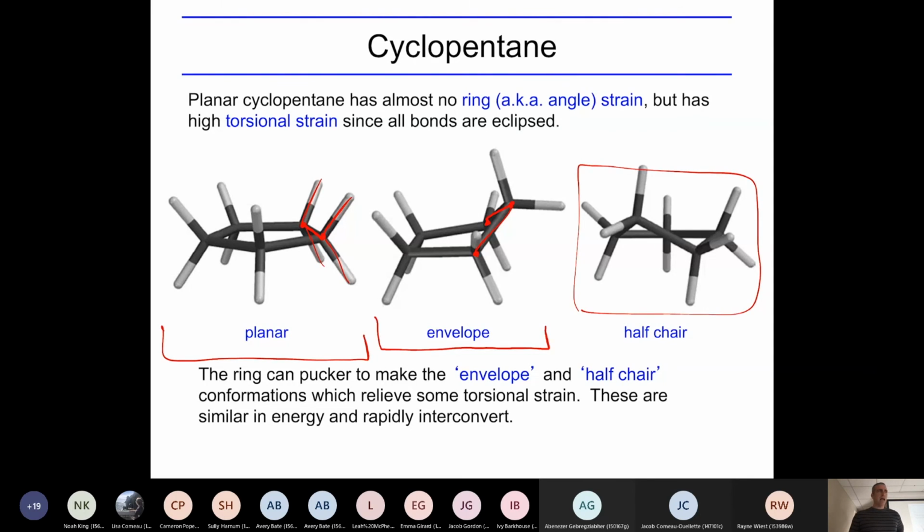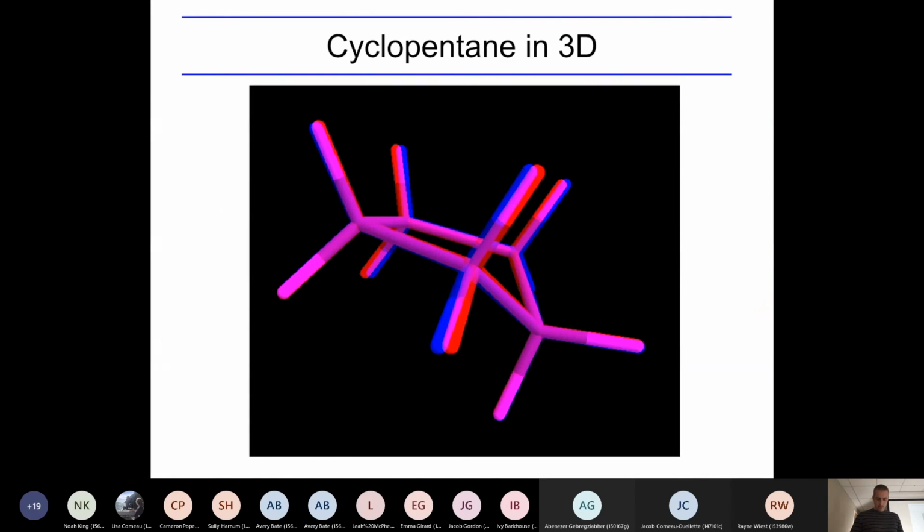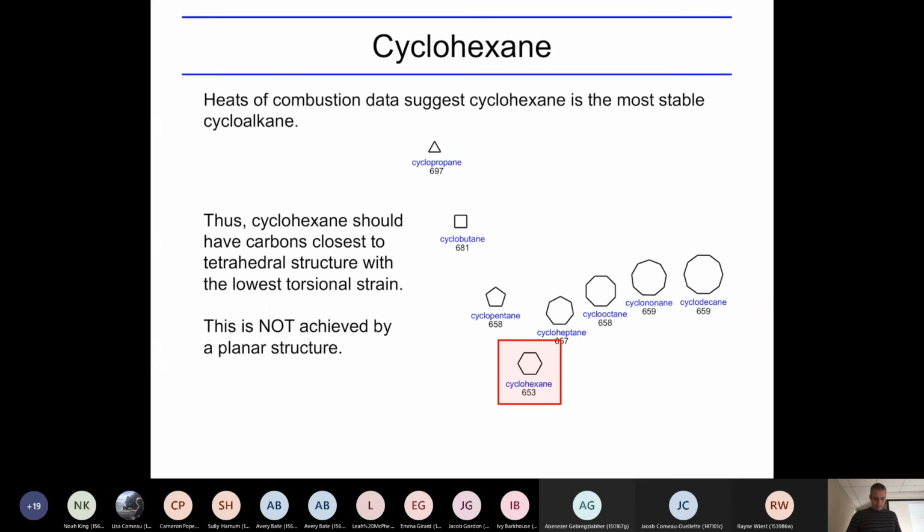It's a toss-up again, similar in energy. They're all kind of rapidly interconverting. There's not a clear winner out of any of these three conformations. Now, we first guessed that this might be the most stable cycloalkane, but it turned out cyclohexane was the best. So we're going to look at cyclohexane, which is the lowest one,